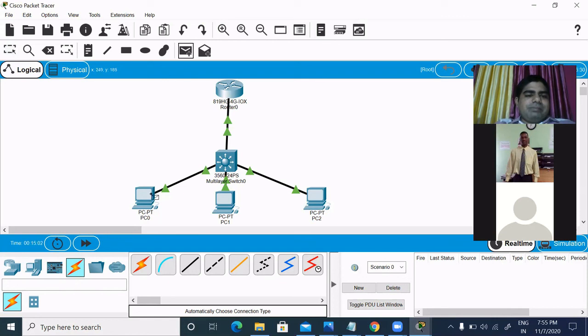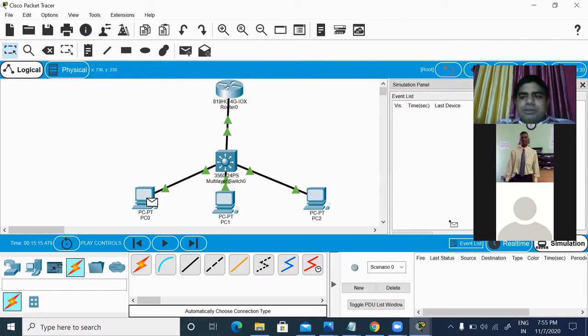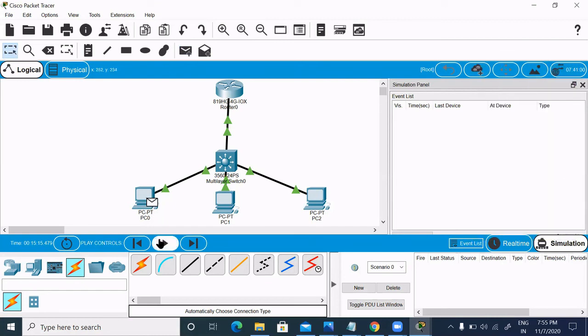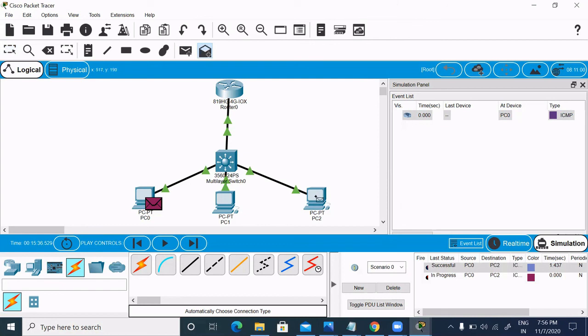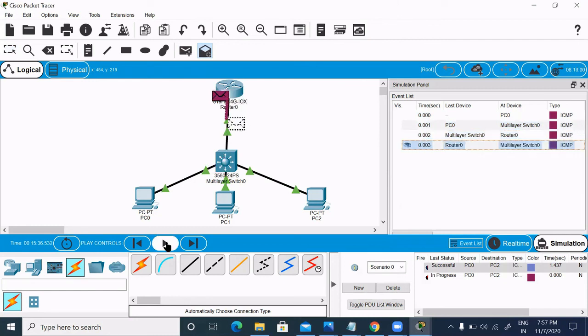You will just add a packet, and if you create it and start this one, you can see from this demonstration that it is going via this PC2 to this router, then it is going to PC2.